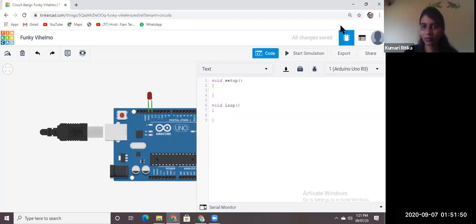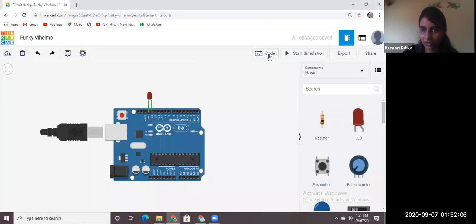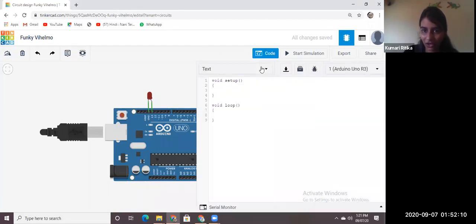Okay, is it done? Just write in chat box if it is not done. Otherwise I'll continue. Click on the code and then click on the text.